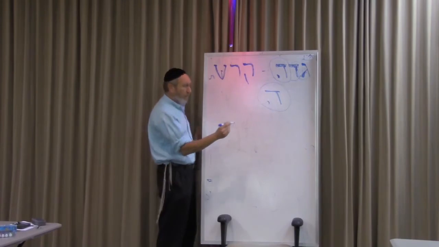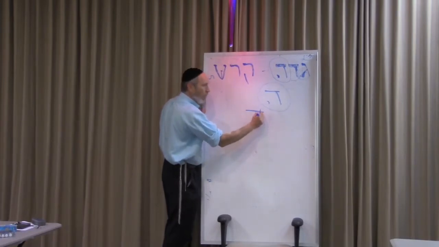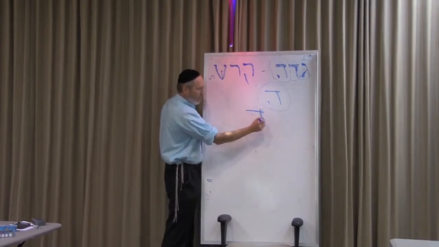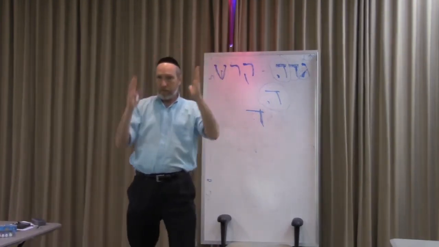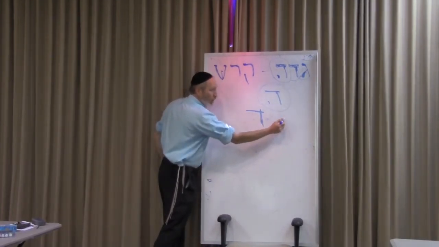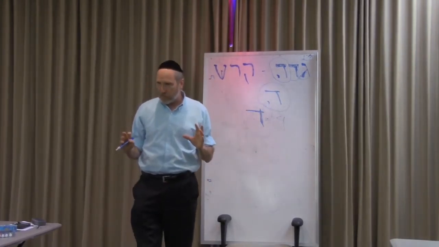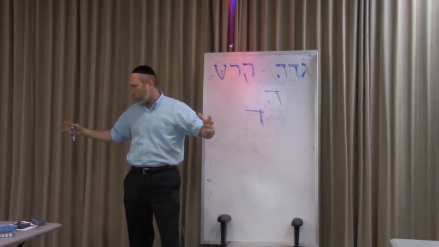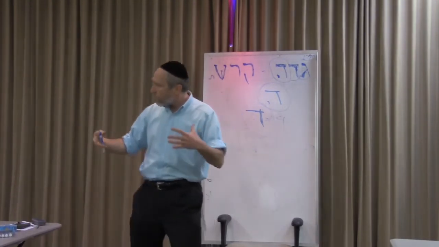Let's just review this a second. Dalid, we said, the word means poor. It looks like an XY axis, really, like where you make a graph, because the Dalid represents the physical world. It's moving this way, it's moving that way. The numerical value is 4: Aleph is 1, Bet is 2, Gimel is 3, Daled is 4. And we said 4 always represents, in Jewish thinking, things being spread out to the 4 winds of the world, the 4 elements of the world. It represents the components of the physical world.